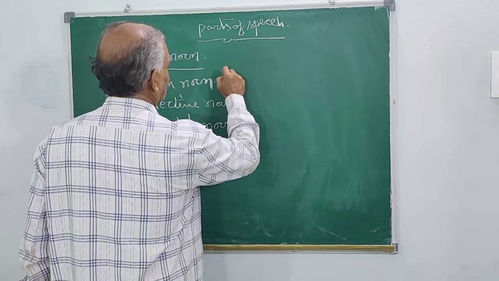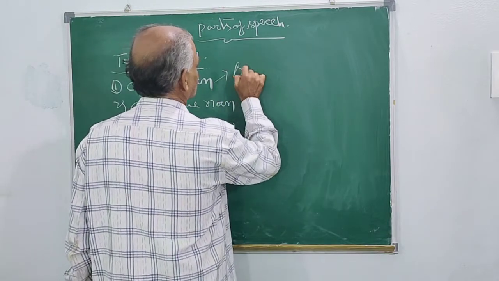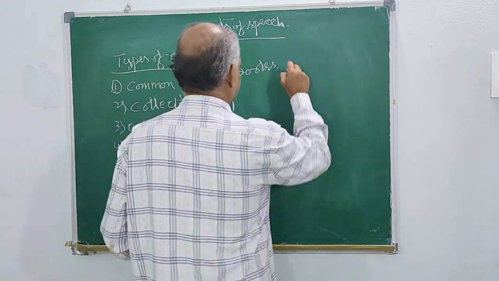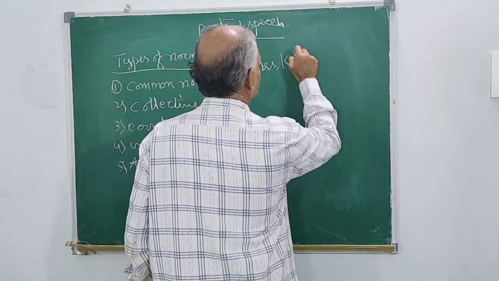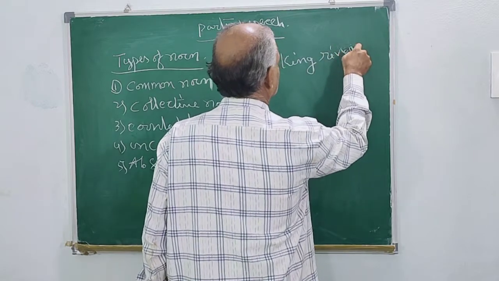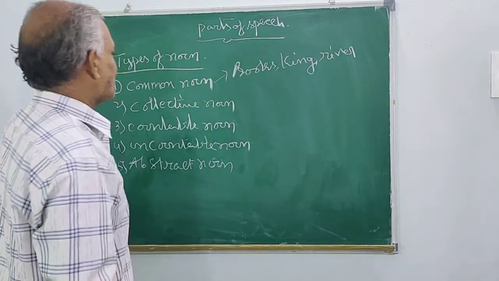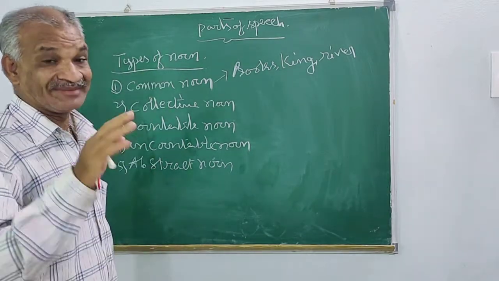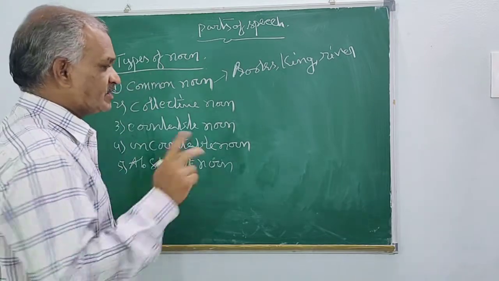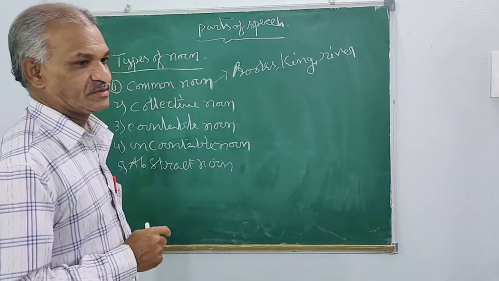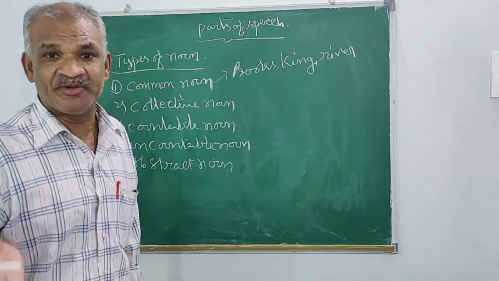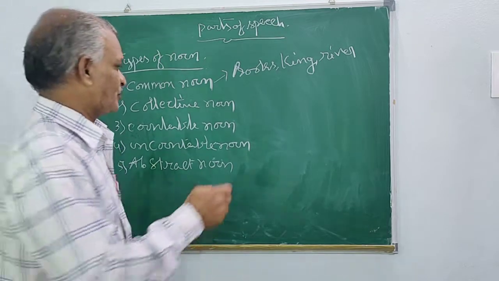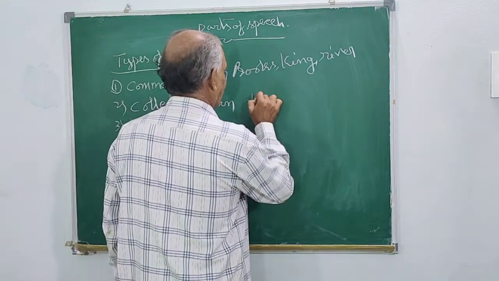Now what is a common noun? For example, books, king, river. It is a common noun. That means the word which is given in a common way. Suppose there is a book. That may be physics, chemistry, maths, or English. Whatever the book may be, for example, I am writing: